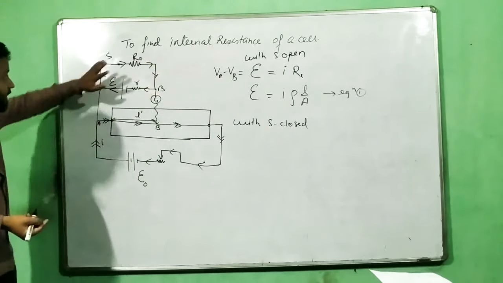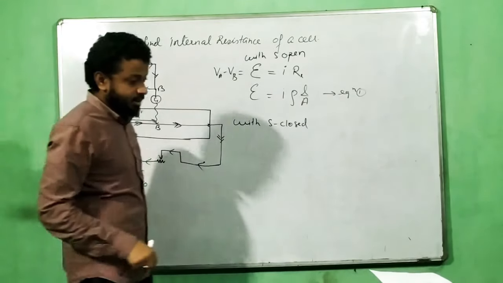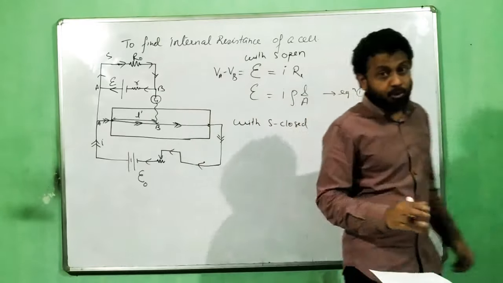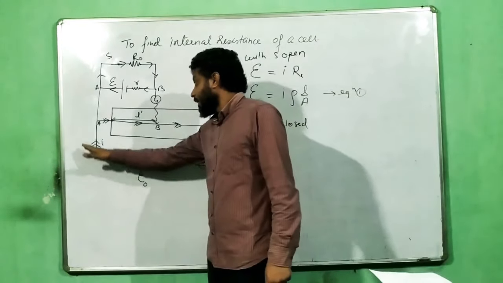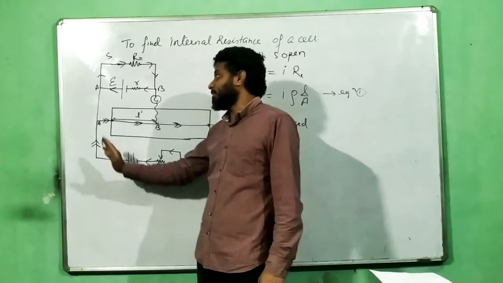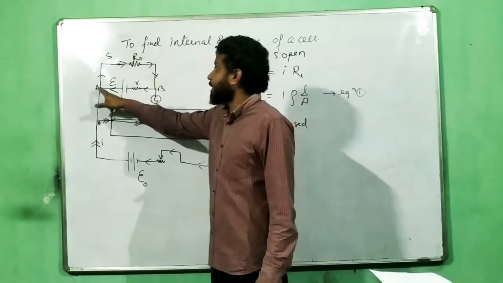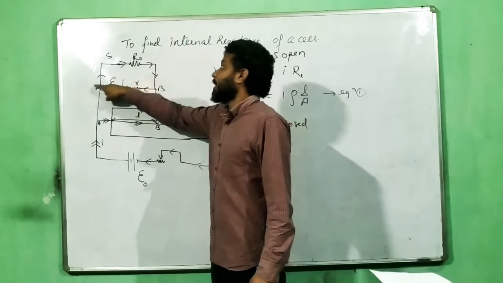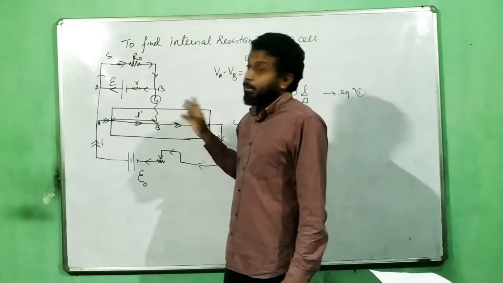And in the balanced condition, both will exist independently. So whatever current was flowing in the primary circuit will continue to flow in the primary circuit in the balanced condition, and because of this path which I am providing to EMF E, there will be another current which flows in this circuit in the balanced condition.